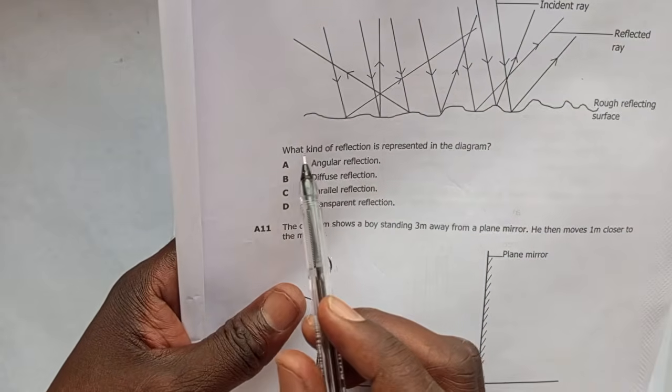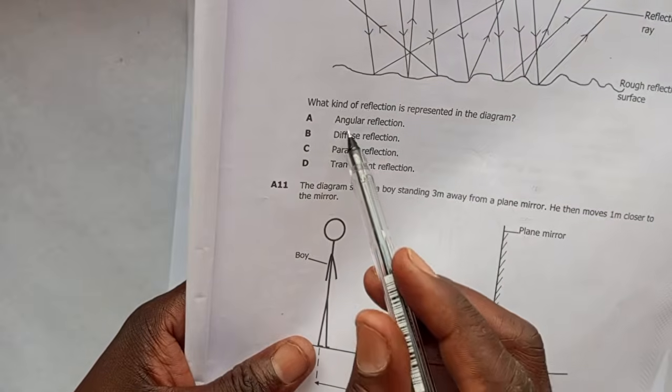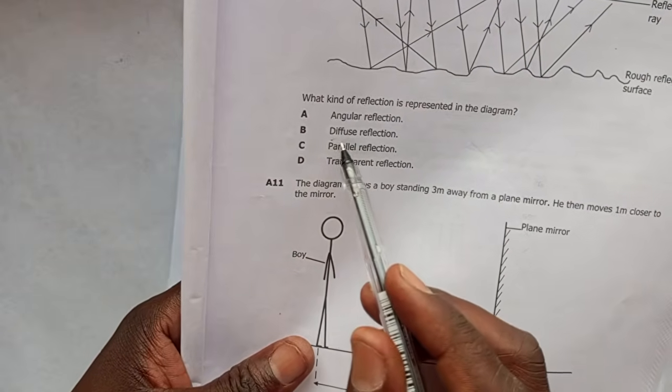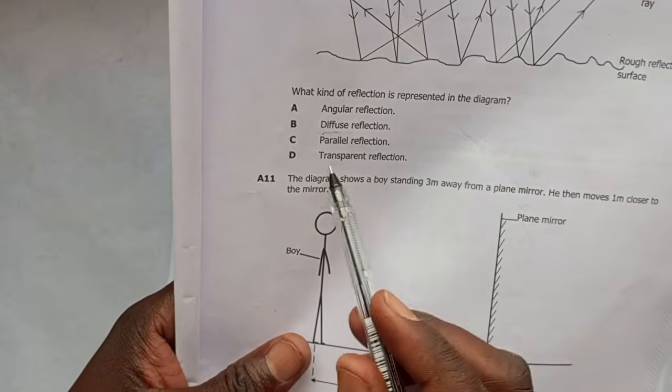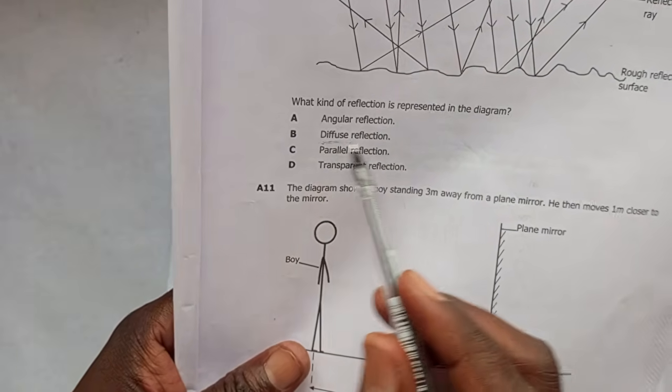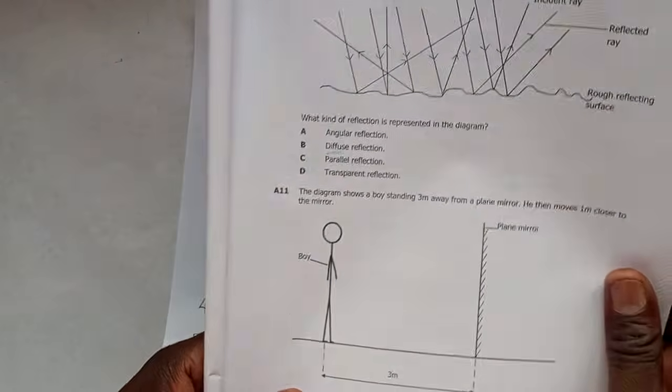Well, the question is even asking what kind of reflection is represented in the diagram. Well, it's diffuse, okay? It's not angular, it's not parallel, it's not transparent, but diffuse. So the answer for question 10 is B. We move on to question